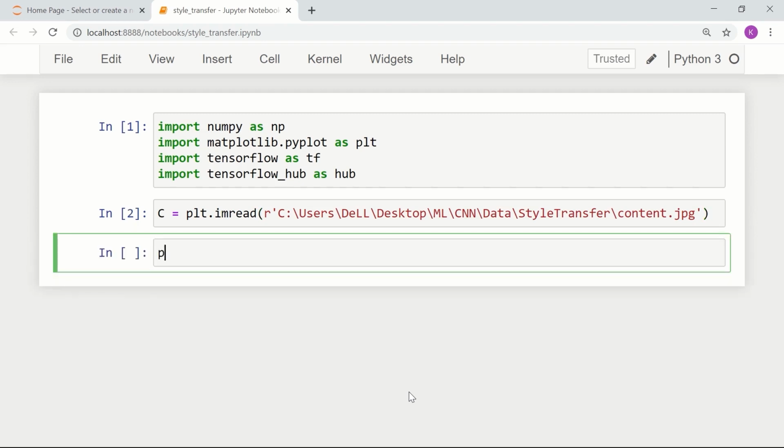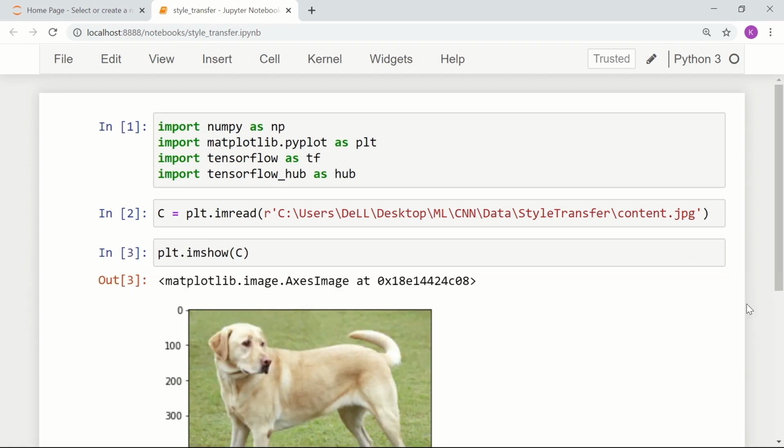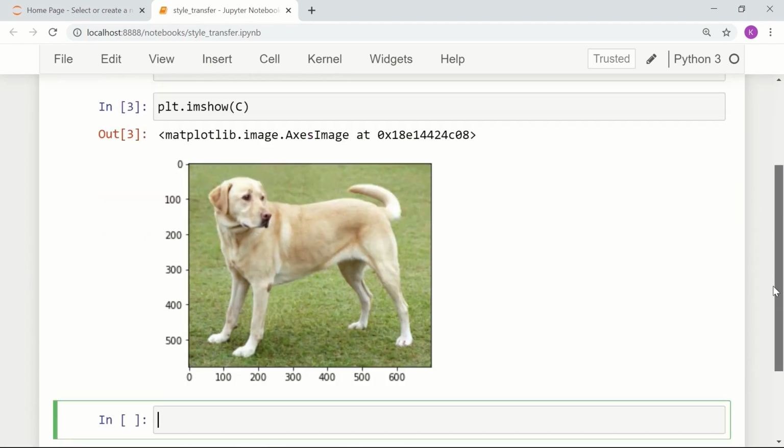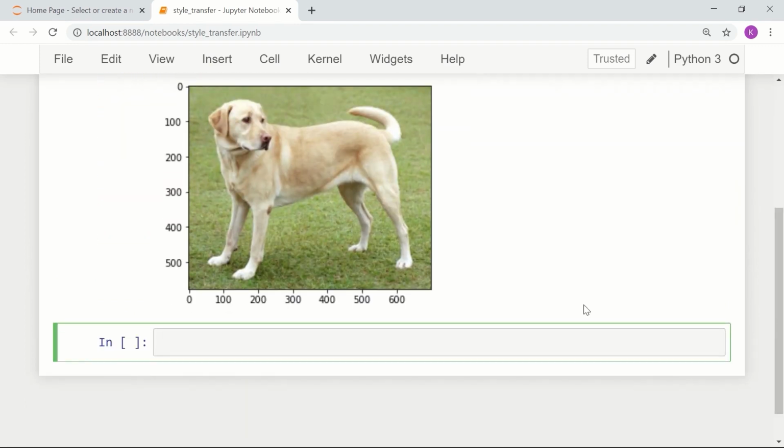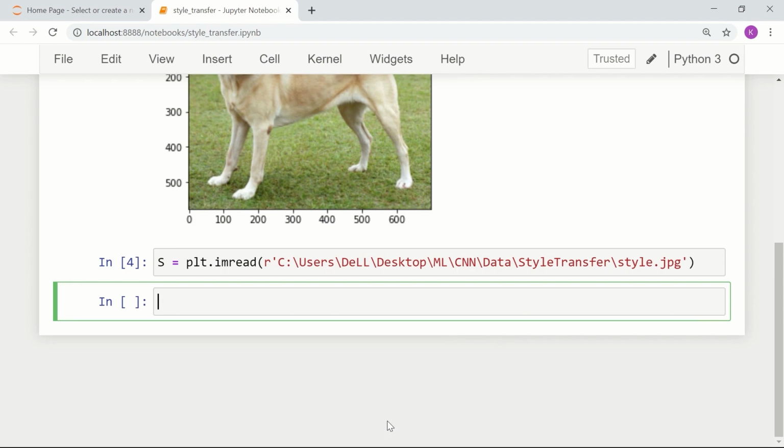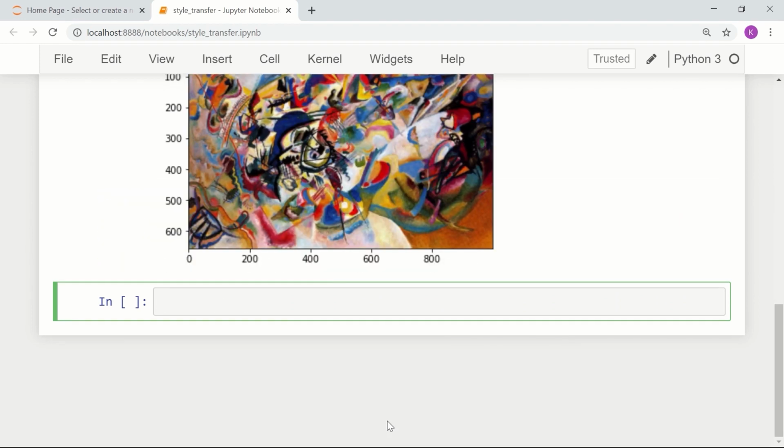That's the content image, plt.imshow C. Then we load the style image. So S is again plt.imread of the file, and the style image has the name style here. We can also see the style image with plt.imshow S, and that's our style image.